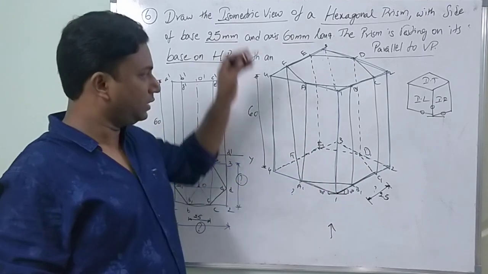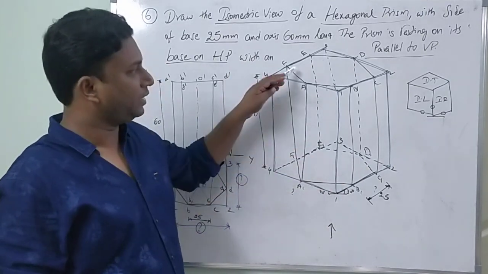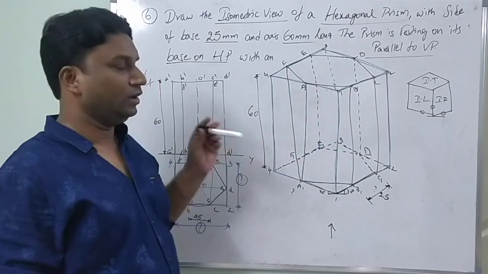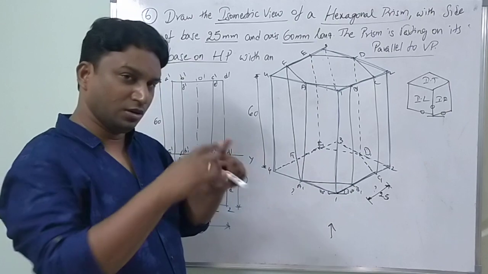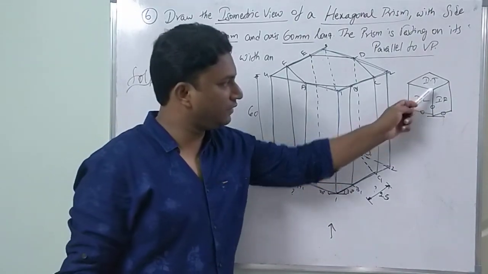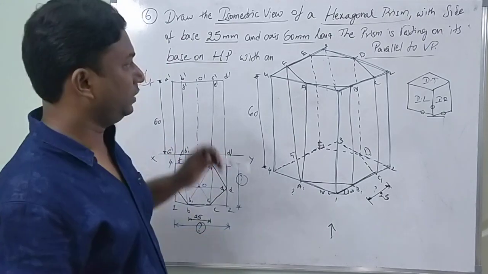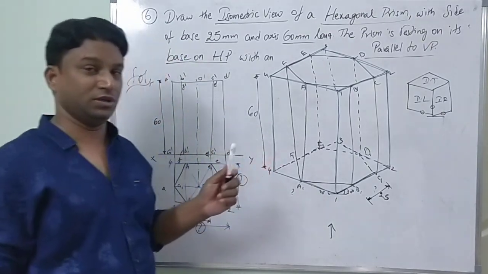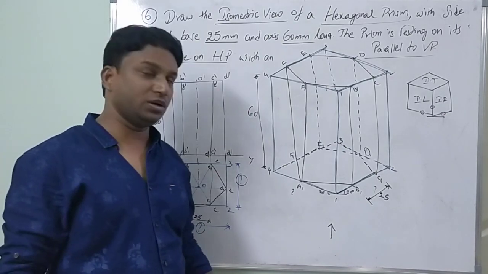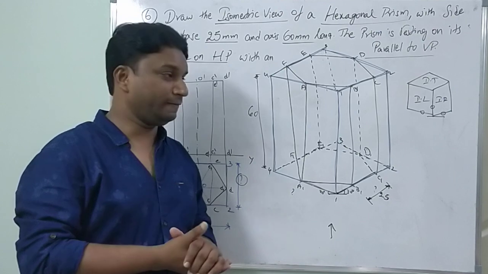Then hidden lines, vertical edges thick at only 4 points A, B, C, F. Remaining hidden lines completing. Remember, your hexagon should be visible thick and the construction line box, these 3 faces, should look very light. Clear? That's all about isometric projections of prisms. Further problems we will discuss about 3-dimensional views of pyramids. Clear? Thank you.